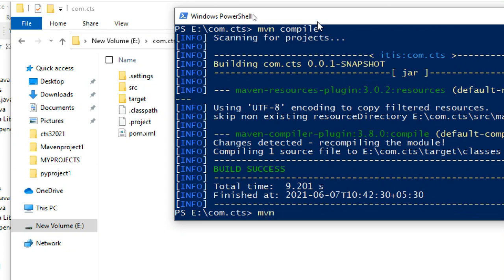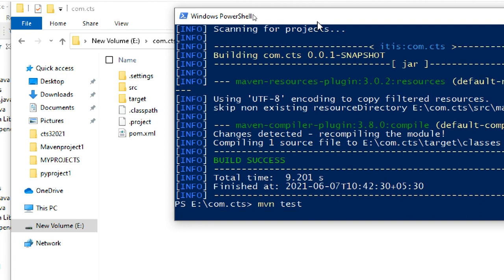So again, you can use the test command directly, or if you want to remove the previously executed data and do it again, then you can use clean test. Otherwise, you can use test also. Directly test is okay, you can use it, or you can use clean test.